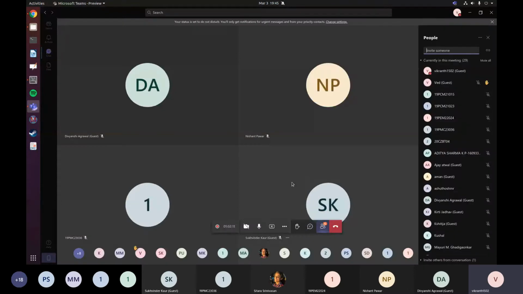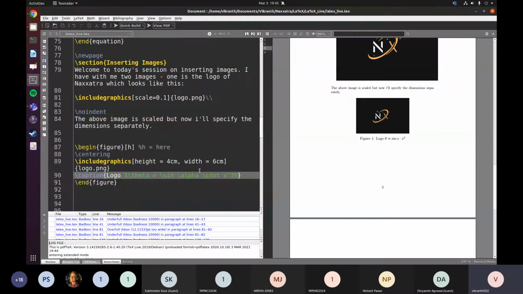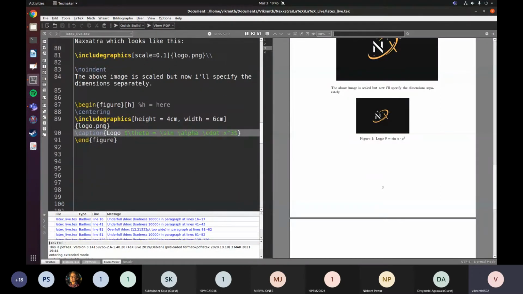Can you just show this LaTeX screen once again? Just the last command for caption. I missed that out. Yeah, okay. So for inserting a caption after you've included your figure, after the includegraphics command, all you say is, hey LaTeX, insert a caption. So you use this command called caption, and then open your curly brackets and type in whatever you want to type. So I can type your nakshatra logo